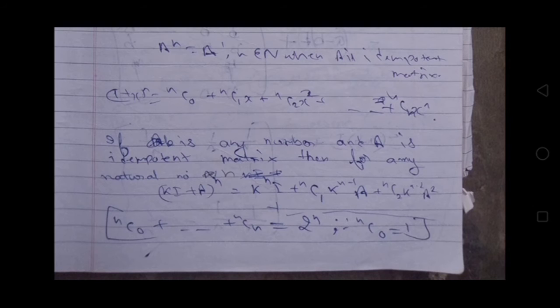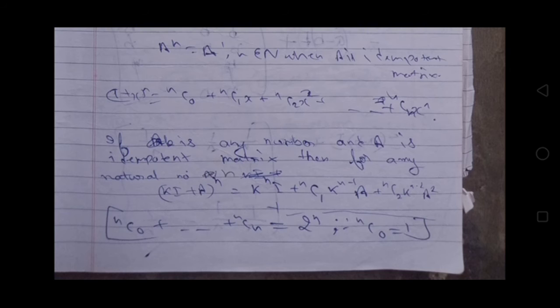Now as I mentioned, A is an idempotent matrix of order n cross n if all the entries are 1 by n. Identity matrix minus A will become equal to this thing when we have taken 1 upon n outside from the bracket. Now we know that if A is an idempotent matrix, then A raised to power n is equal to A where n belongs to natural numbers. The binomial expansion of (1 plus x) raised to power n is equal to nC0 plus nC1 into x plus nC2 into x square plus up to nCn into x raised to power n.